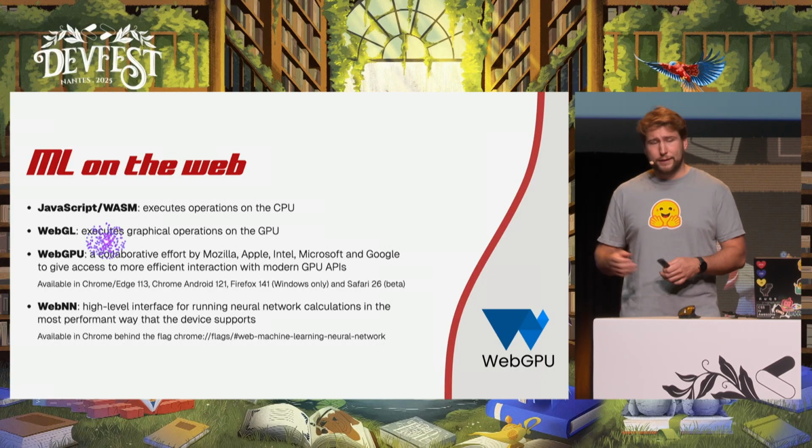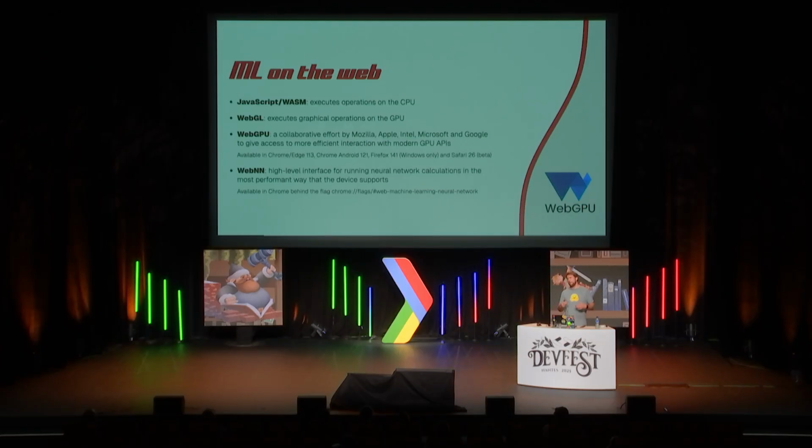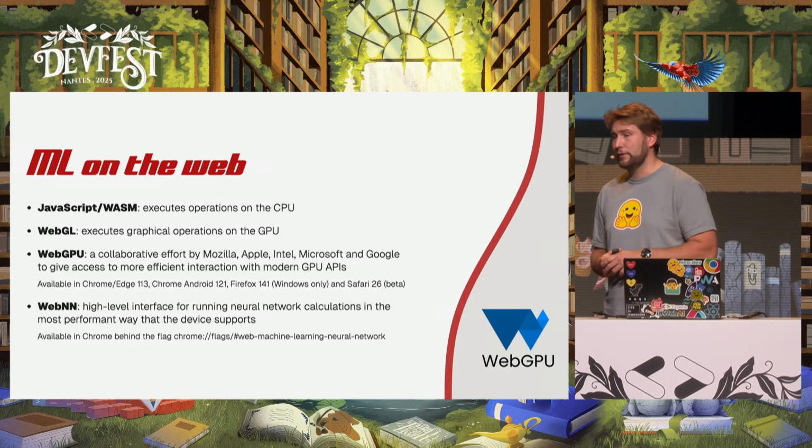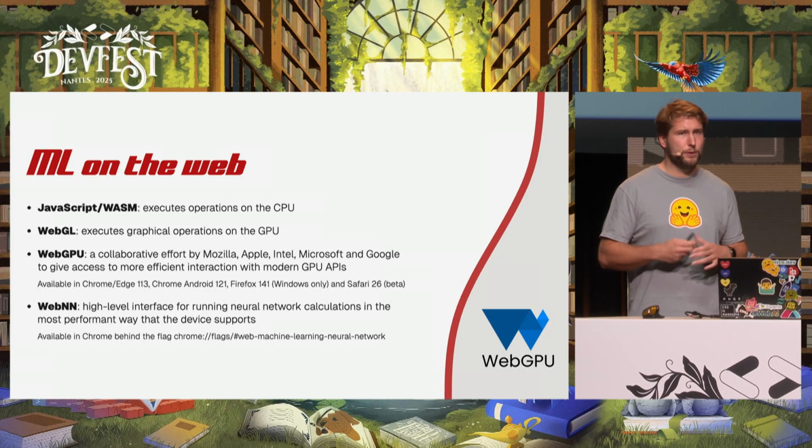We can do that in JavaScript or in WebAssembly, which is then executed on the CPU. It works, but it's not very performant. If you want to have performant machine learning operations, we need to use the GPU. So there is WebGL, which is this graphical abstraction layer on top of the GPU that then uses the